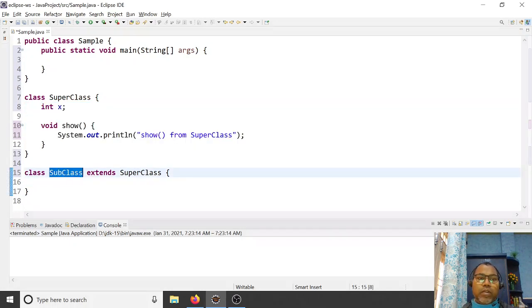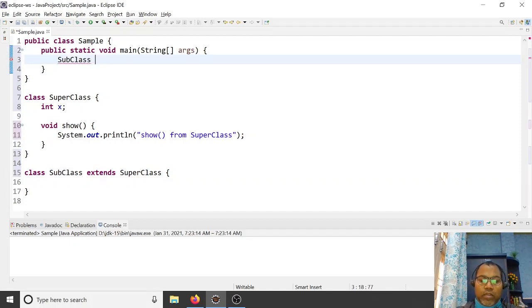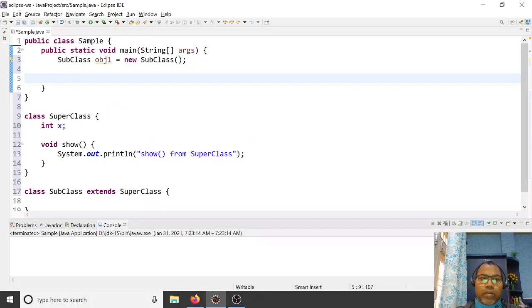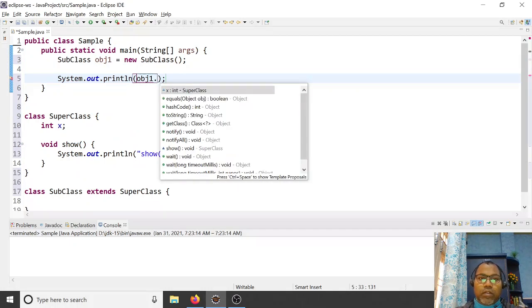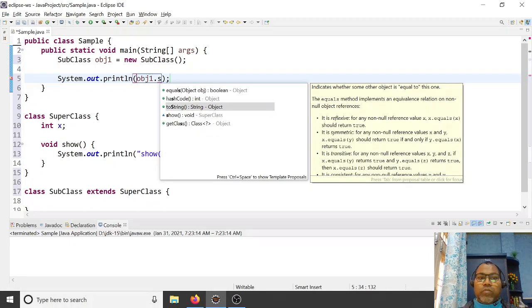Here you can create a main class, and create object1 equal to new subclass. Then with object1 dot, you can access your x variable, and you can access your show method as well.